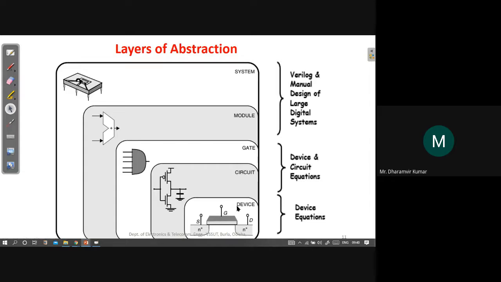The device that you are aware of till now is the FET, the MOSFET, that is a metal oxide semiconductor field effect transistor. So a transistor is sitting right at the bottom. We know that it consists of source, gate, and drain terminals, and we have some n plus regions here, and it forms an n channel between source and drain, and it becomes a transistor.